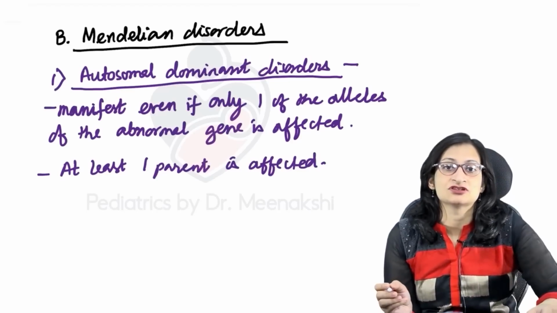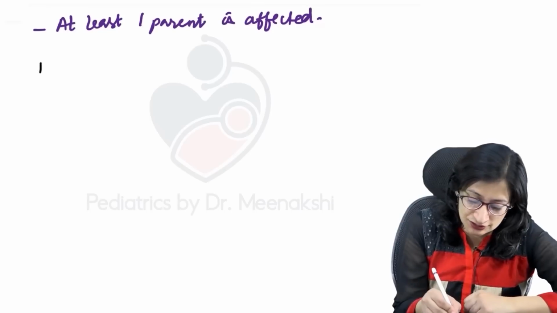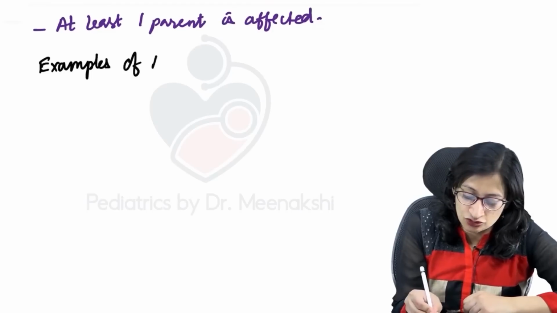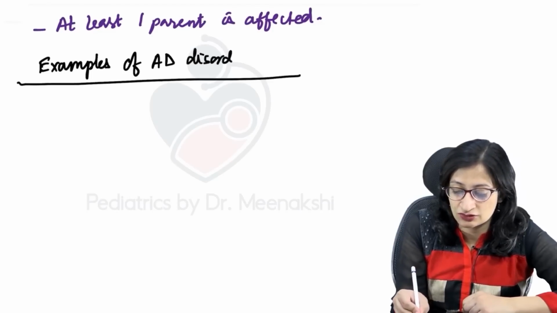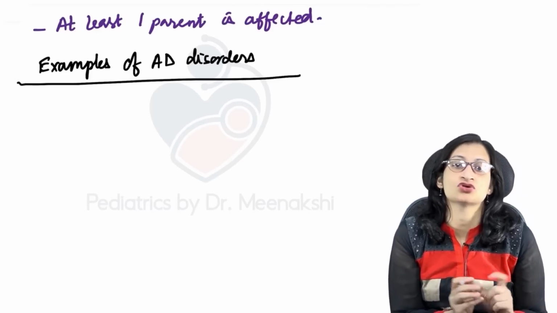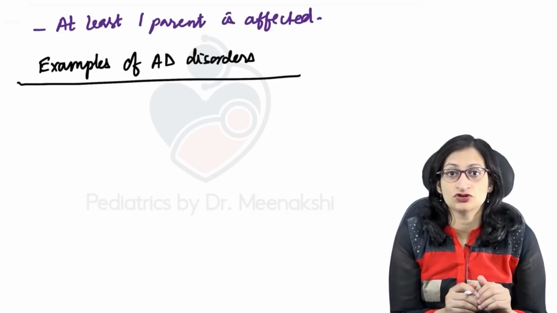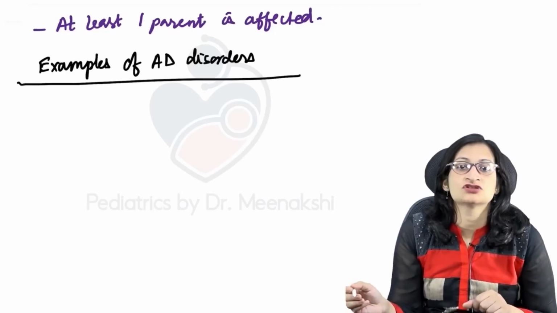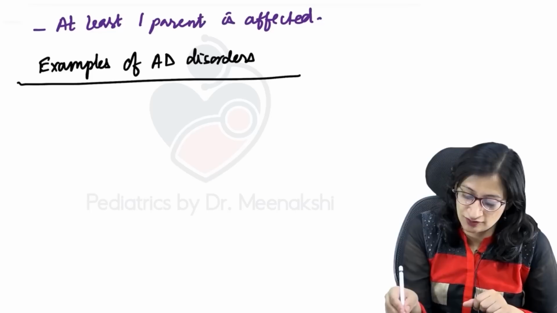Some examples of autosomal dominant disorders we need to know. So it comes as a one liner. Like achondroplasia. What is the mode of inheritance of achondroplasia? So it is autosomal dominant. So we need to know some important disorders with autosomal dominant inheritance. Some examples that we need to remember are